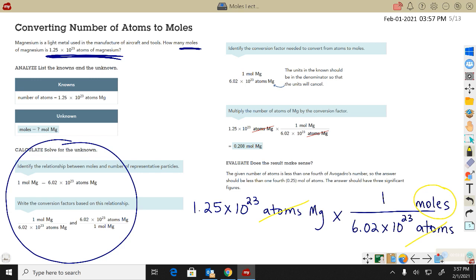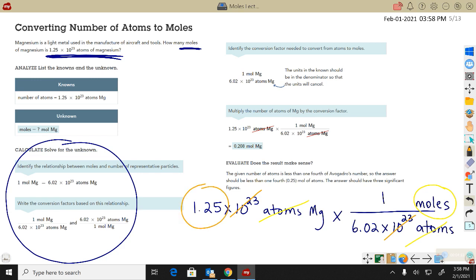So technically, we would say 1.25 times 10 to the 23rd times 1 divided by 6.02 times 10 to the 23rd. So you multiply across the top and divide by any numbers on the bottom. Now, if you want to take a little shortcut here, if you've got times 10 to the 23rd on the top, and you've got times 10 to the 23rd on the bottom, you can cancel those too. It just makes plugging this in your calculator a little bit more manageable, in that really now all I have to do is say